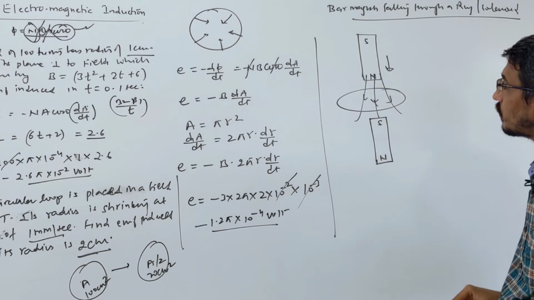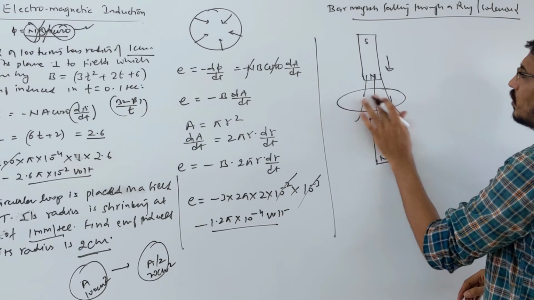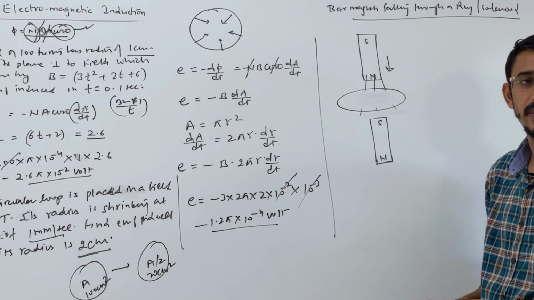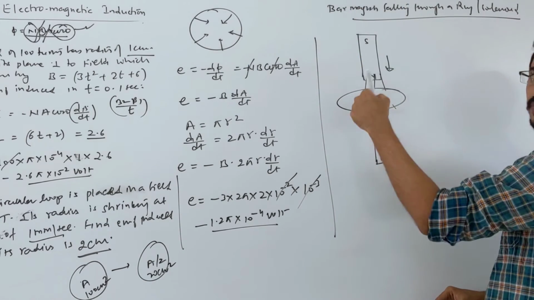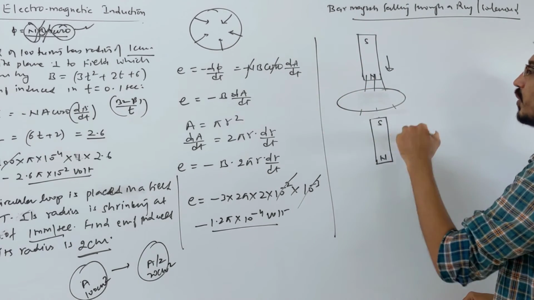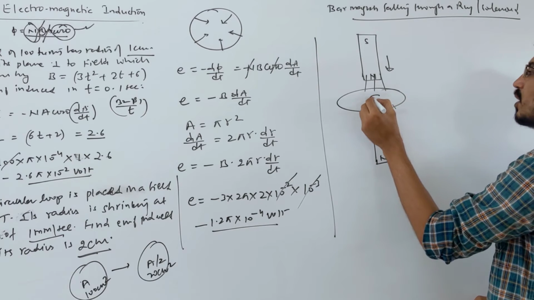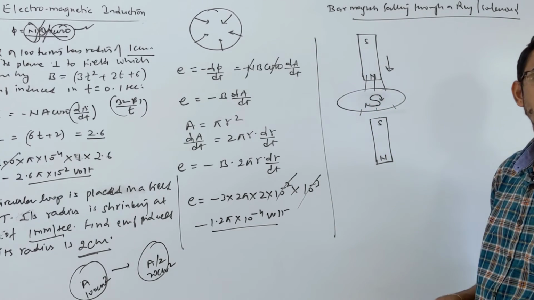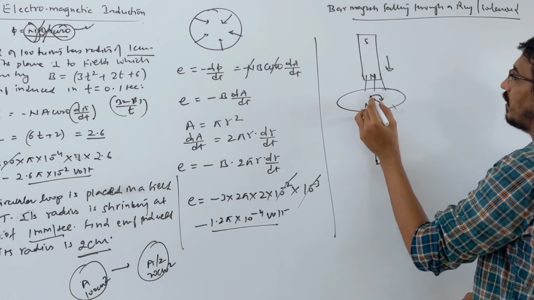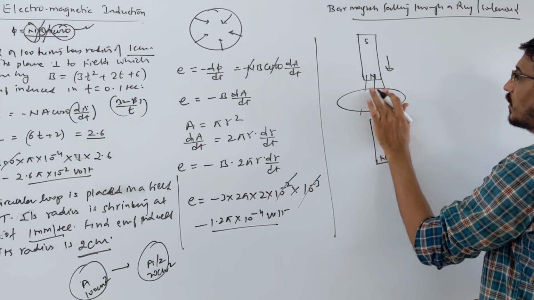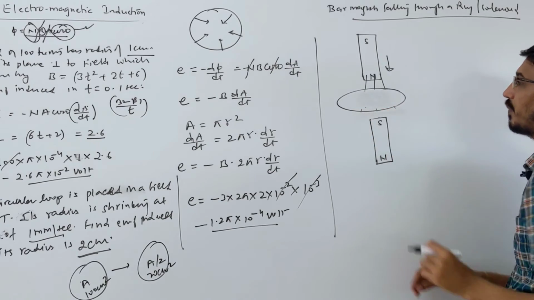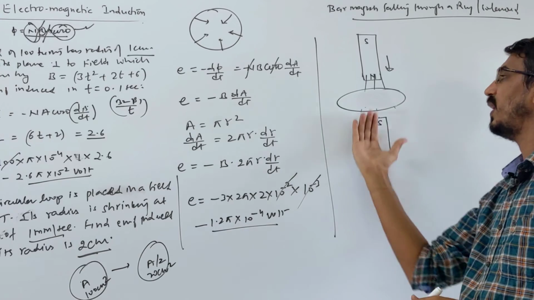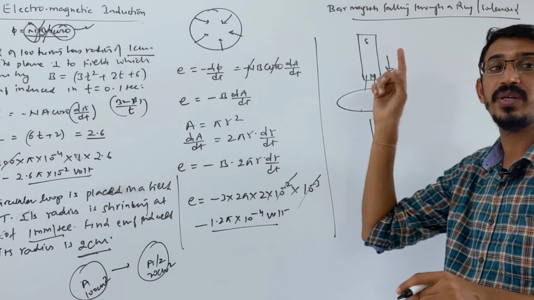So what happens? You want to oppose this, so we want to know the direction of the current produced here. You are watching this ring from the top, not from this side, perpendicular to the board. No, I said it wrong, sorry, this is my mistake. North pole is coming here, the field is increasing downwards. Our field will be upward, correct? Now we will try to reduce that field.